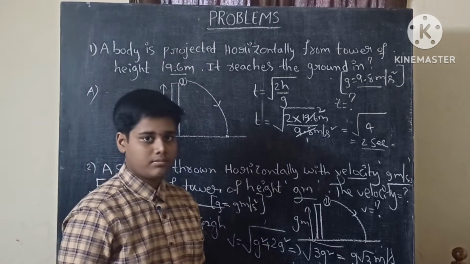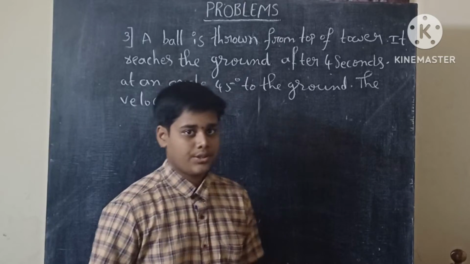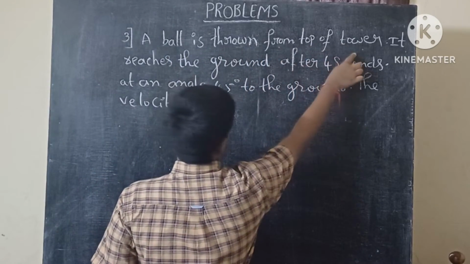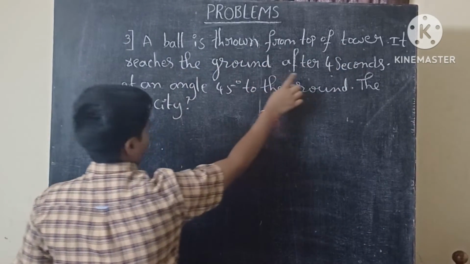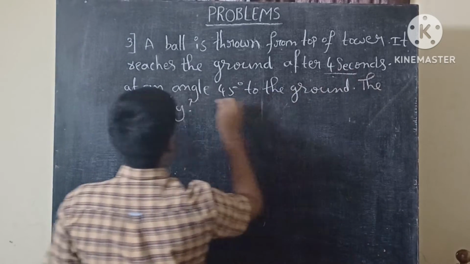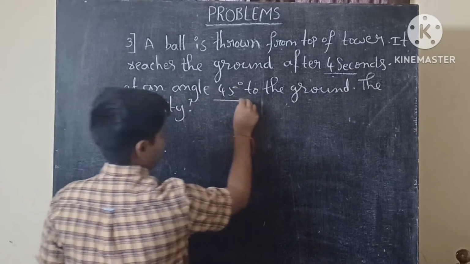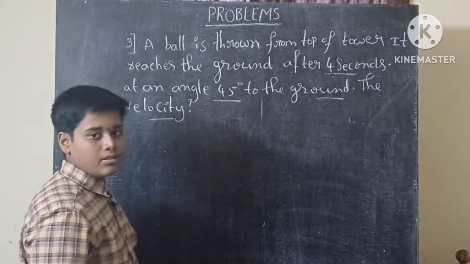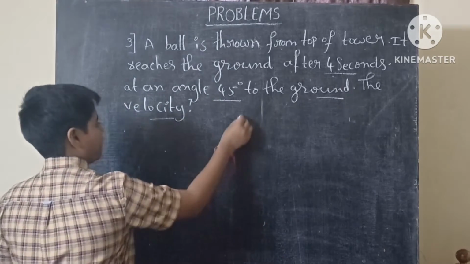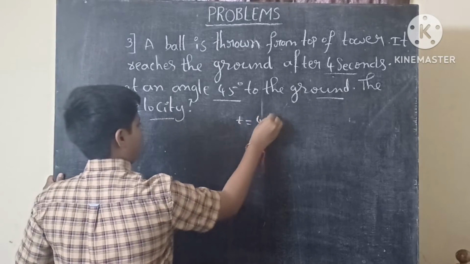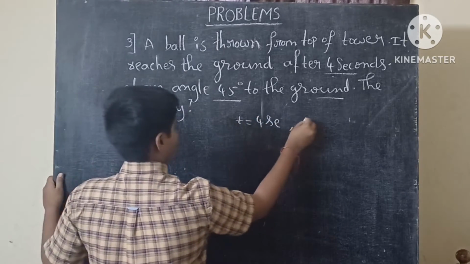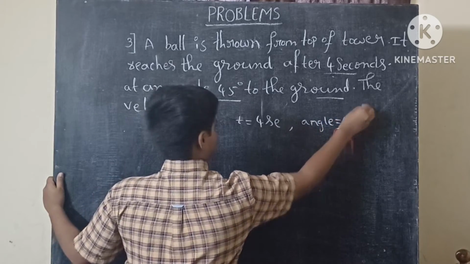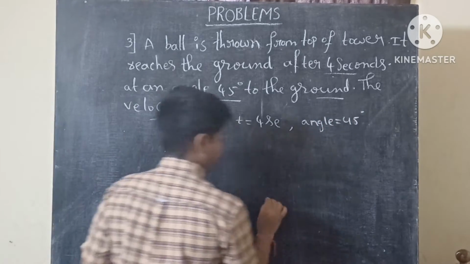Okay, if you see the third question, a ball is thrown from the top of a tower. It reaches the ground after 4 seconds at an angle of 45 degrees to the ground. They gave that information: time is 4 seconds and angle is 45 degrees. So if we analyze the condition,